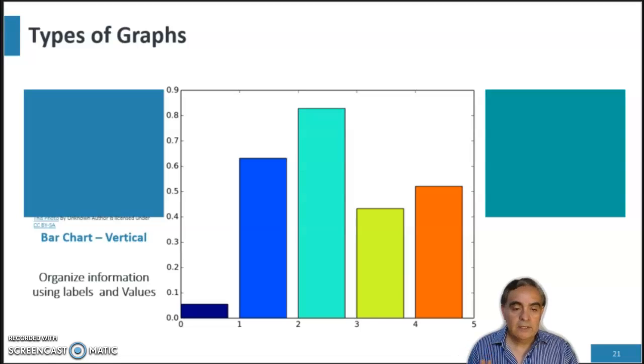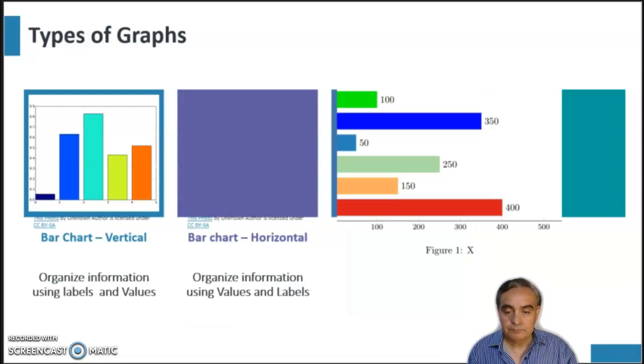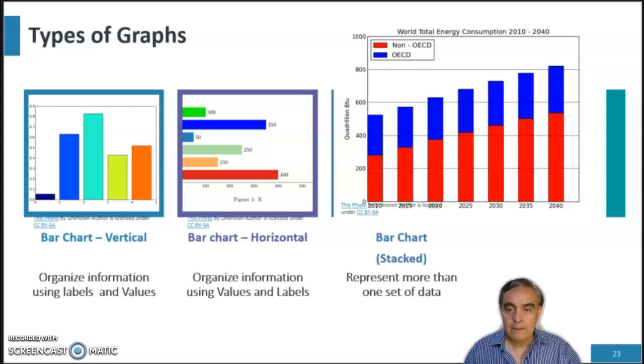At a glance, it will tell you which bar is higher or lower and by approximately how much. Bar charts can also be horizontal. The labels go on the vertical axis and the values on the horizontal. The author should use the style that best suits the data. For example, if the data has a long list of labels, the horizontal bar will probably work best.